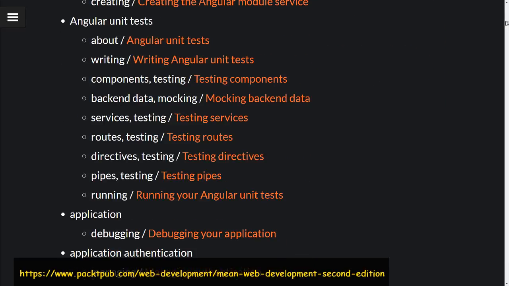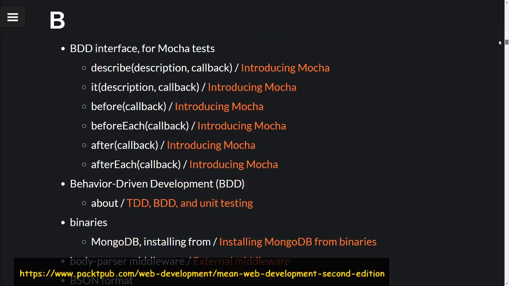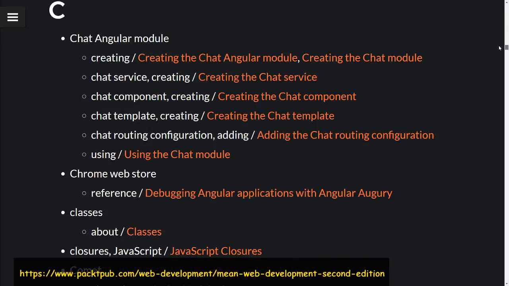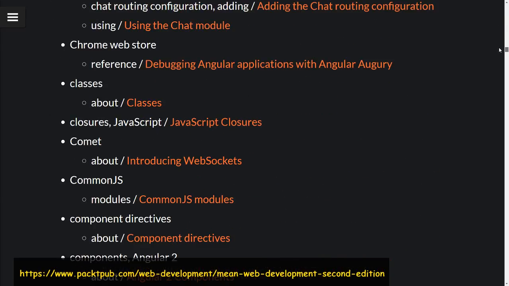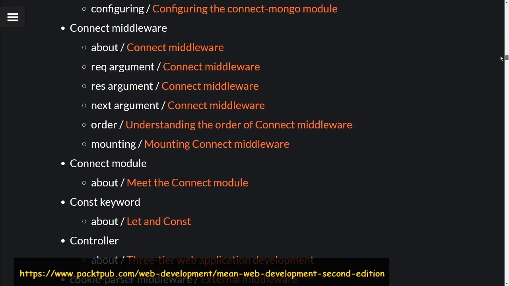There's a lot in here. Of course, Angular application, article, interface for Mocha test, chat Angular module, Chrome web store, debugging Angular applications with Angular Augury, Chrome web store, okay, closures, connect middleware,